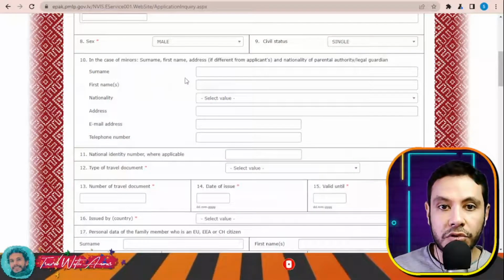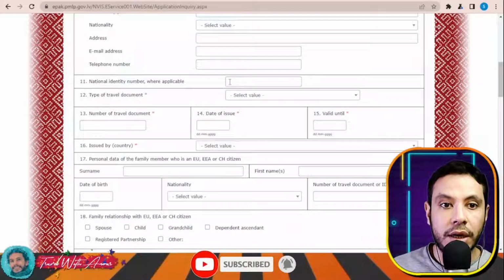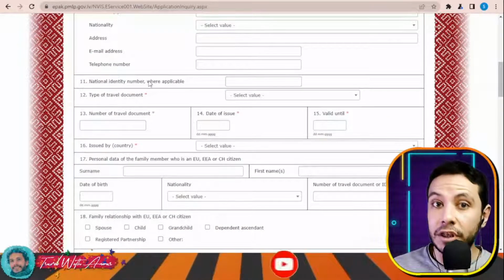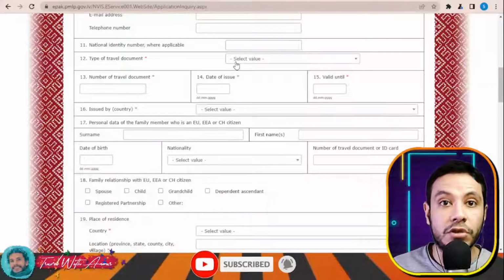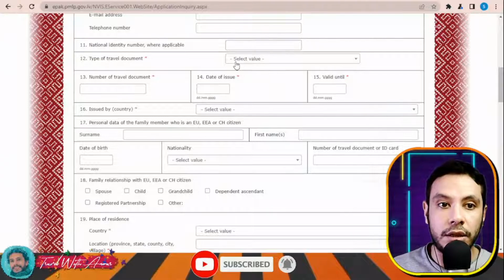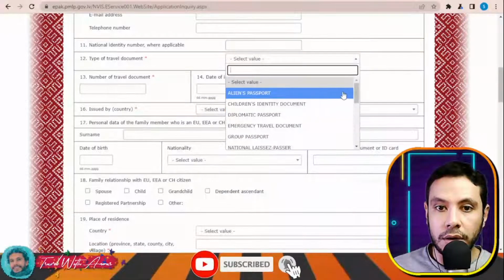Okay, in case of minors, this section here is for minors, so don't fill it if you are not a minor. National identity number, if you have a national identity number, please write it here. If you don't have, then don't write it, but it's good to write every single detail. Type of travel document. It is okay,